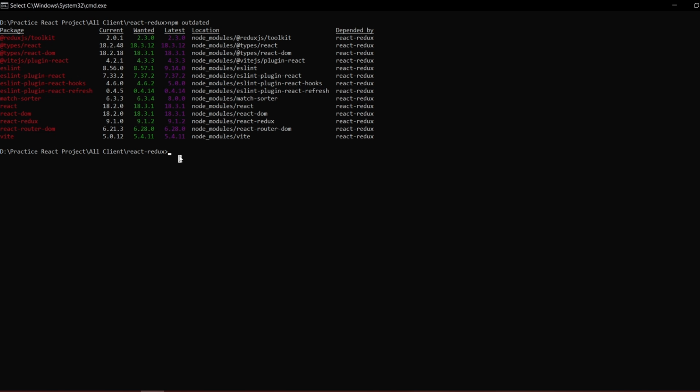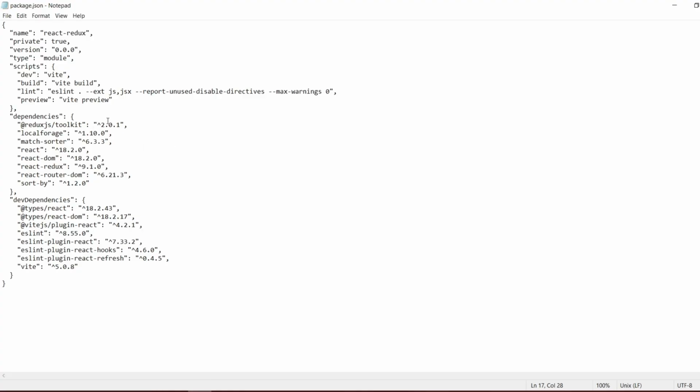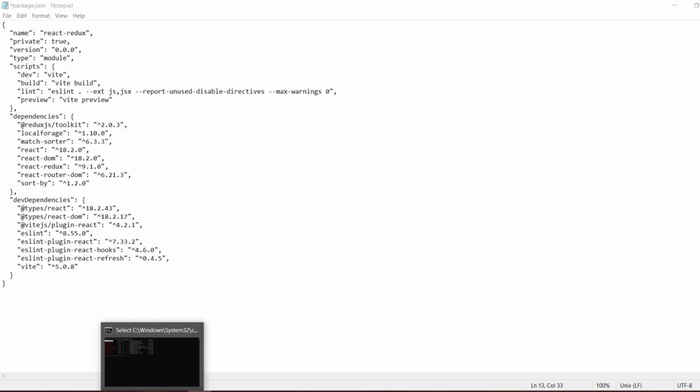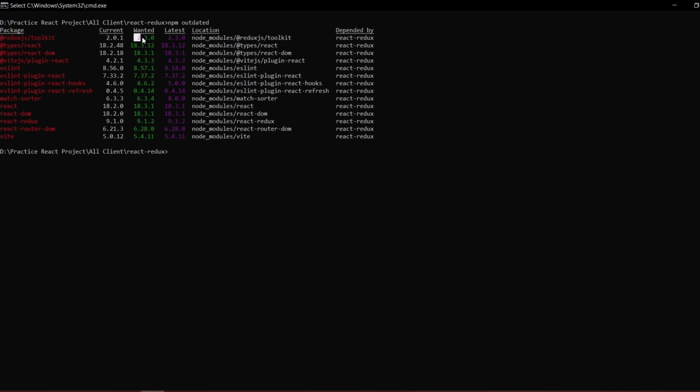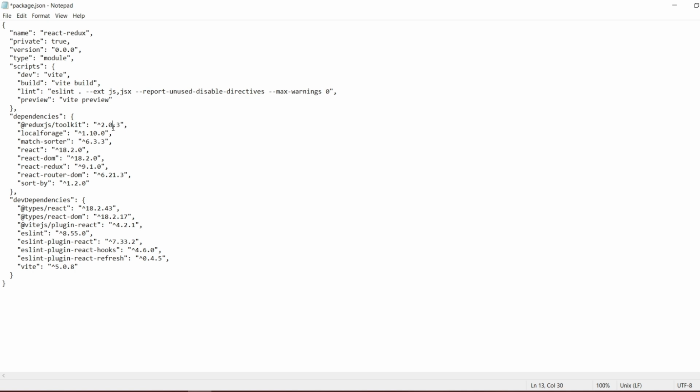If you want to update a single package, then you can just update the version number here, 1, 2, or whichever we have. So if you just change it here to 2.3.0, save it,